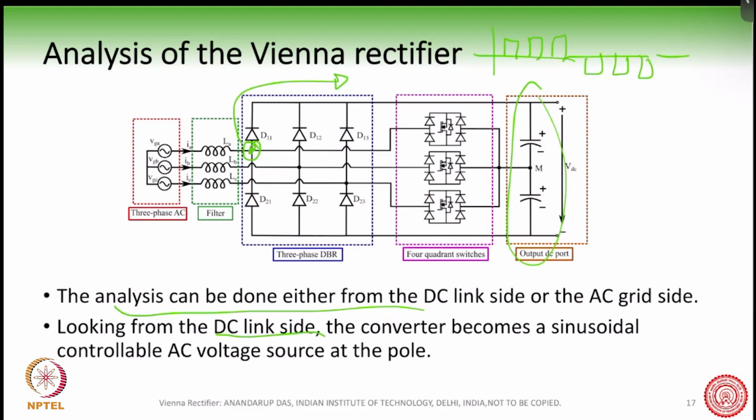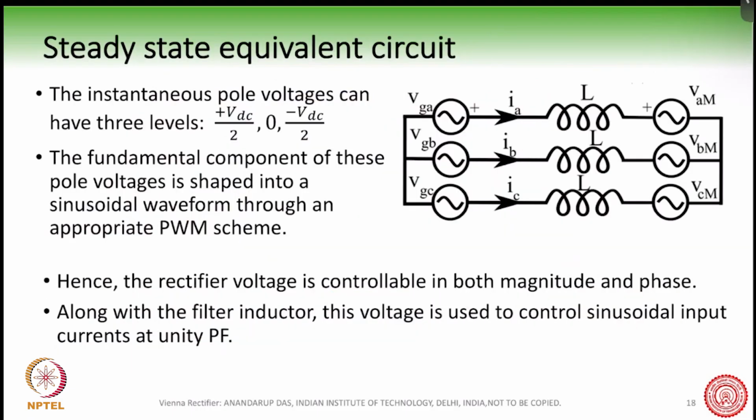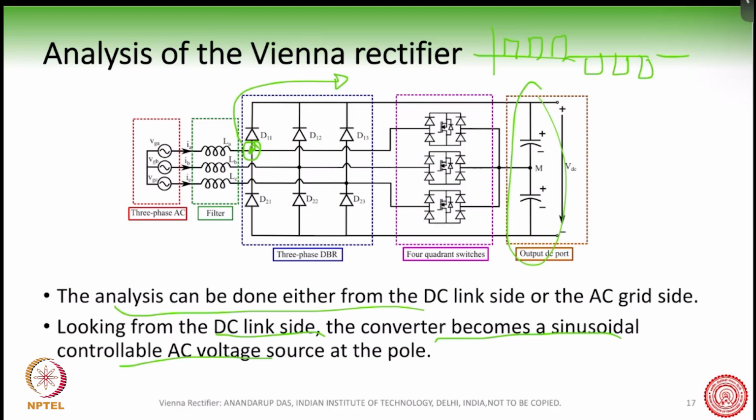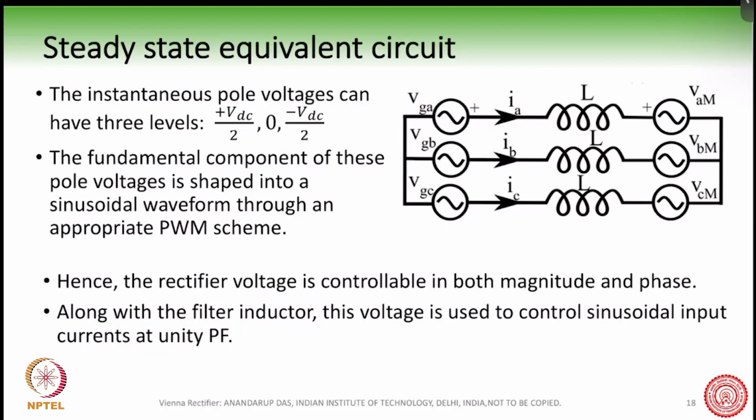And therefore we can make it a sinusoidal controllable AC voltage source, like sinusoidal PWM. And if we do that, then the whole of this Vienna rectifier will become something like